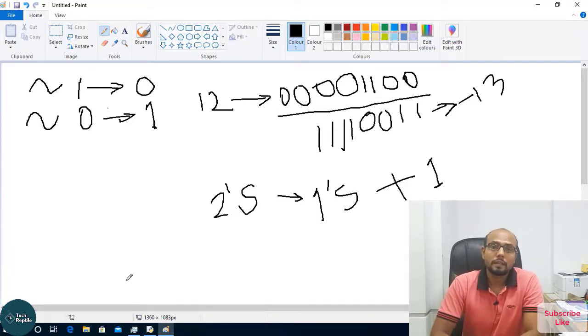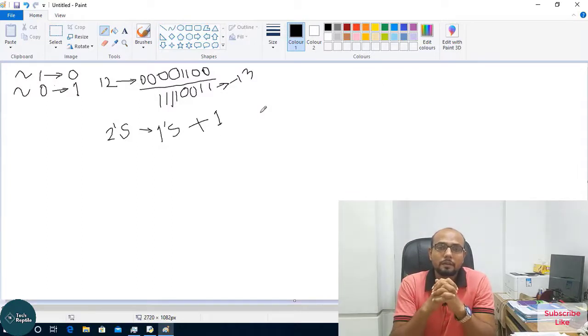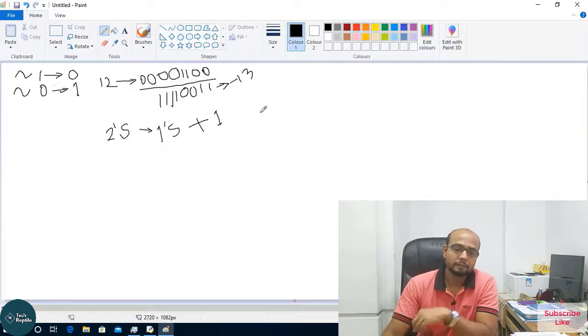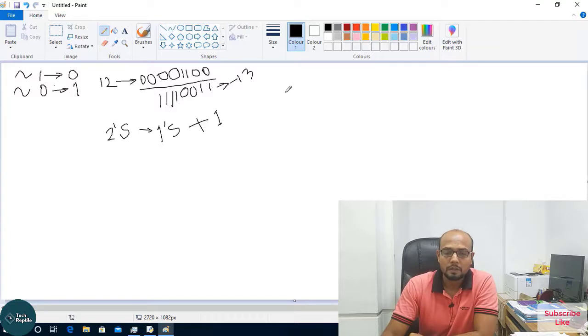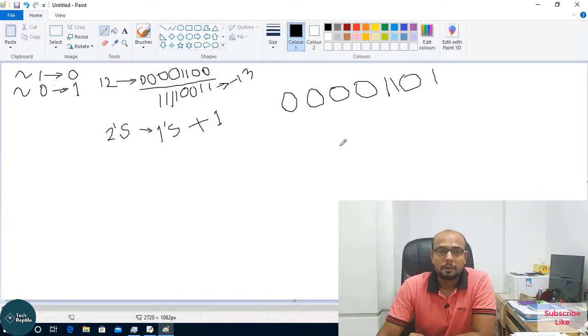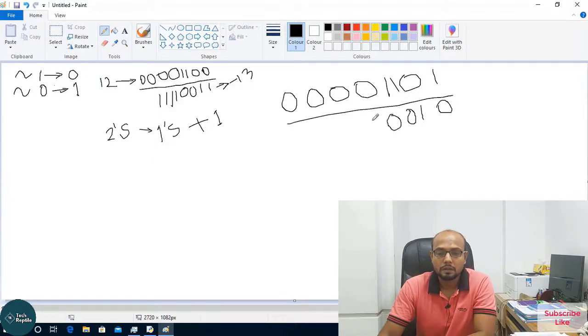So let's calculate again. Let's convert 13 to binary format. 13 will give you 0, 0, 0, 0, 1, 1, 0, 1. This is the binary format of 13. I need the 1's complement of 13. So I will get 1, 1, 1, 1, 0, 0, 1, 0. It is the 1's complement of 13.